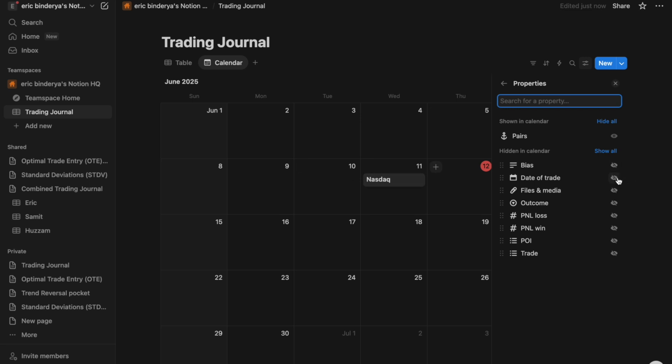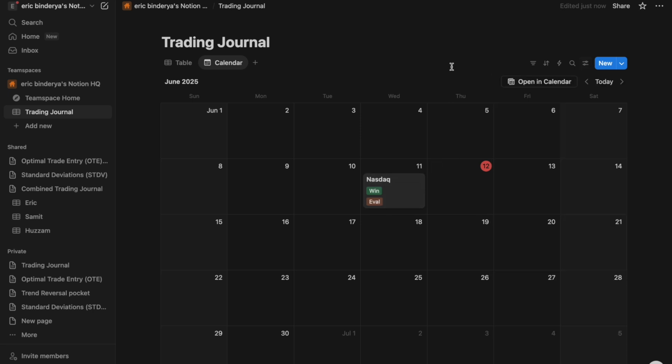So you don't really need to see the data trade because it's over here. We can see the outcome, which is a win. We don't really need to see the money because it's not about money towards the end anyway. You can see the trade, and I reckon that's all you need to really see. And obviously the name,